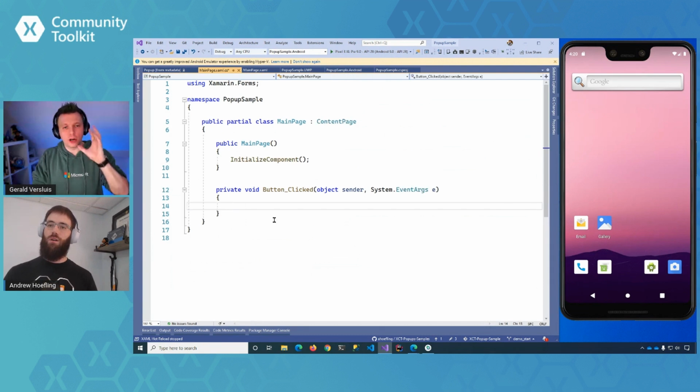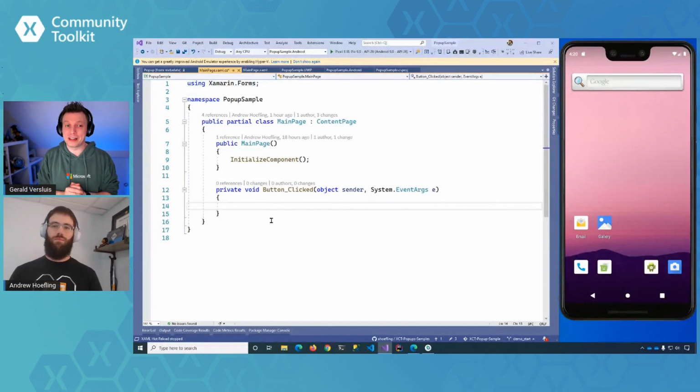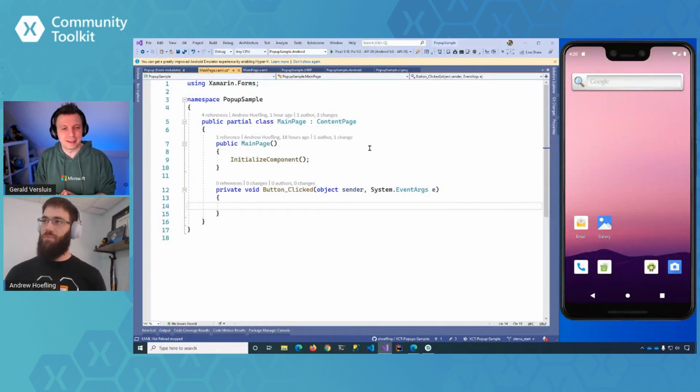Right. Yeah, while you're typing, let me just quickly add, because I noticed you installed that preview version, because the pop-ups have been merged into the toolkit, but right now, at the recording of this video, it's only in the pre-release of 1.1. So you can find it from the 1.1 version and up. Like I said, at the time of recording, it's only in preview, but expect it to be stable soon. So I just wanted to quickly add that. Oh, it's a good point I forgot to mention.